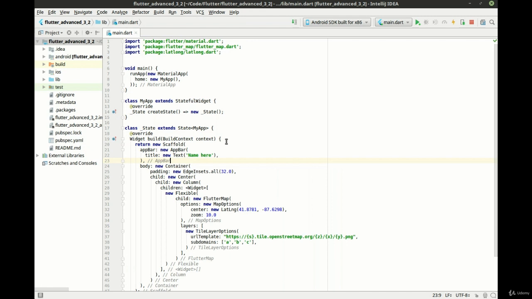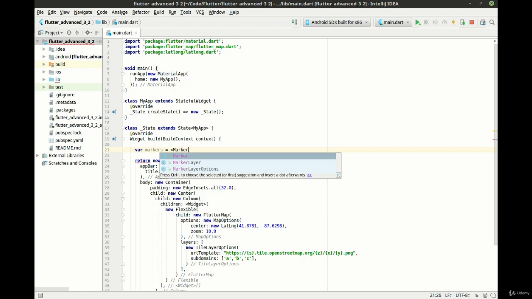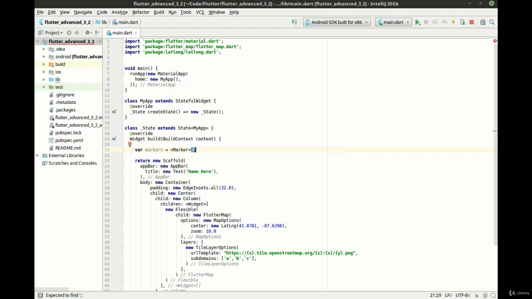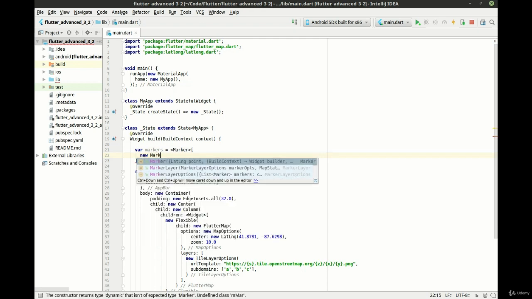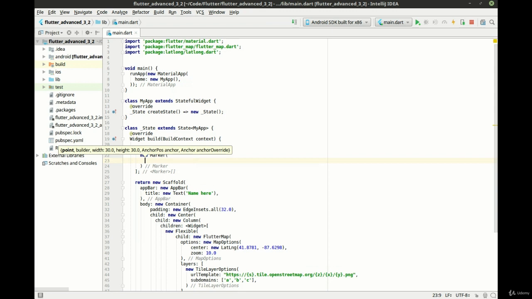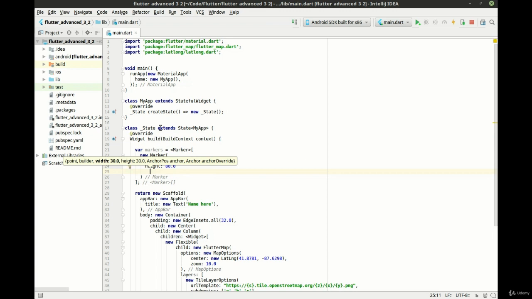So let's go into our build function here. We're gonna say markers, and we're just going to make a list here. Hope I can type marker. There we go. So we're going to say new marker. We want the width to be, let's say, 80.0. Height to be 80.0. And